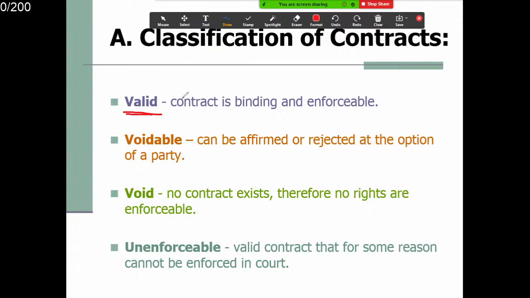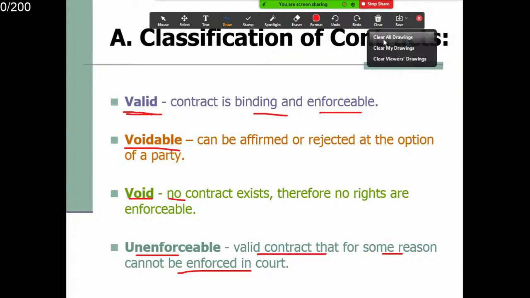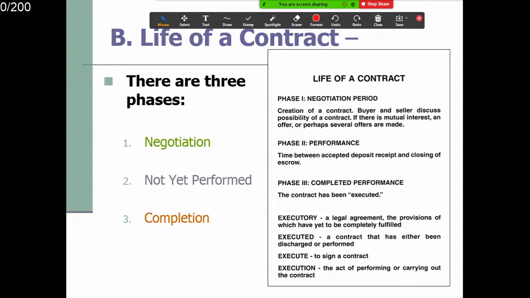And let me repeat, this is kind of important, okay? A valid contract, 有效的协议, okay, is binding and enforceable. Okay, you could go to court with the valid contract. Okay, voidable contract can be affirmed or rejected at the option of a party. Okay, 可以取消的。Void, no contract. Unenforceable, a valid contract for some reason cannot be enforced in court. Okay, it doesn't mean it's not valid. Okay, it's unenforceable, maybe due to some terms. Okay, that is illusory. Okay, 有一些模糊的条件在里面。OK，就这些栏的条件就不合格了。OK，判断不了。